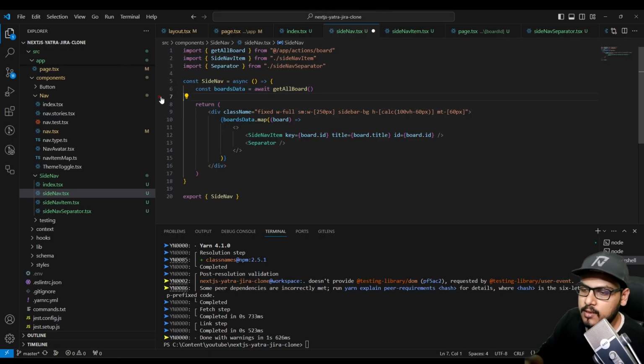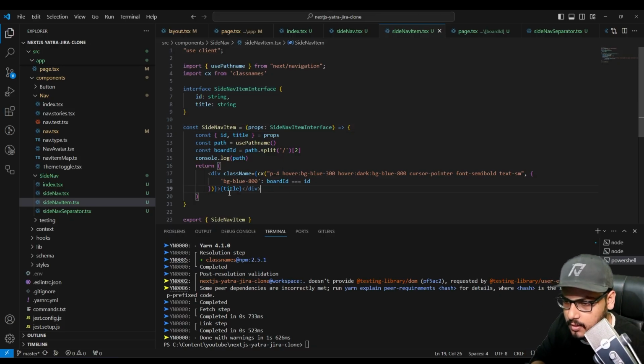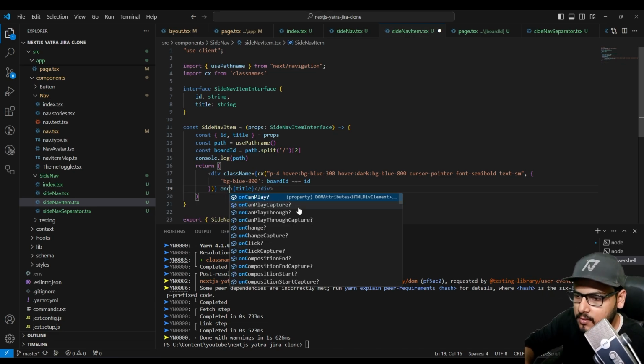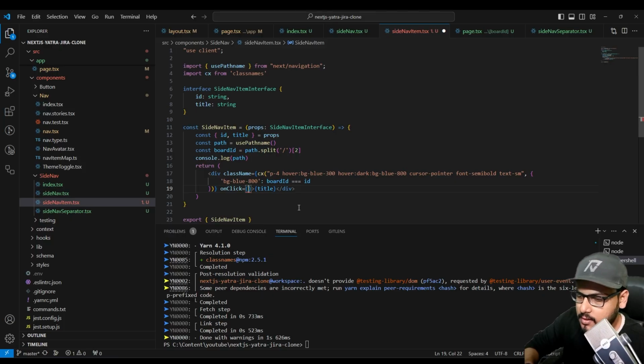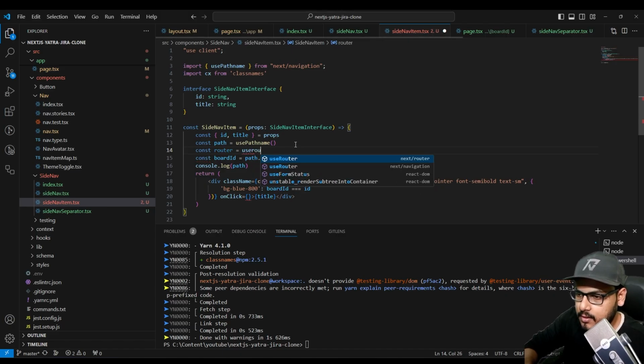We can remove the console log, and upon clicking on the Sidenav, we should be able to jump to a particular board. Okay, so on click of this, I think it's really easy now. On click of this, I have to reroute. So when it comes to rerouting, we have to use router. So use router,